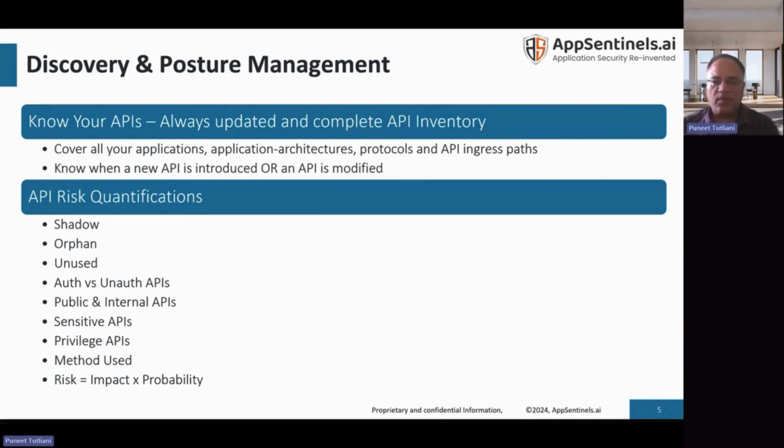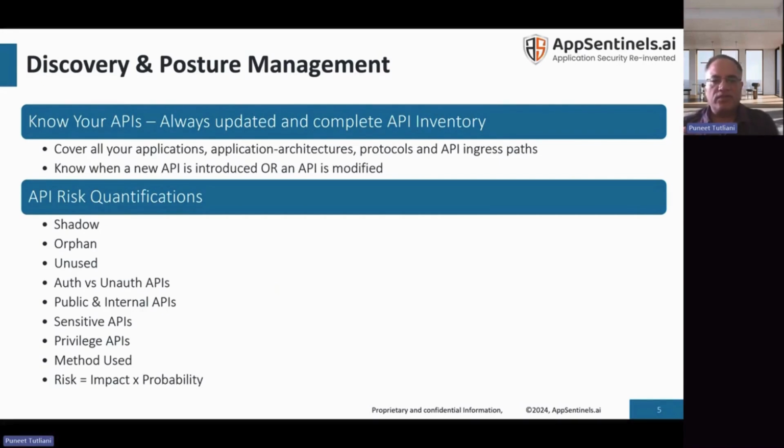You may have shadow APIs. These are APIs which are implemented, but you or the organization does not have a proper inventory or documentation, but these are still quite prevalent, quite used in the organization. So these are important. So the tool or whatever mechanism you want to go for building your discovery should ensure that shadow APIs are discovered and brought to notice